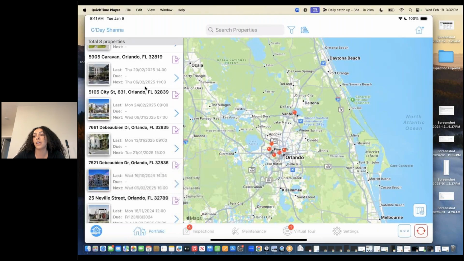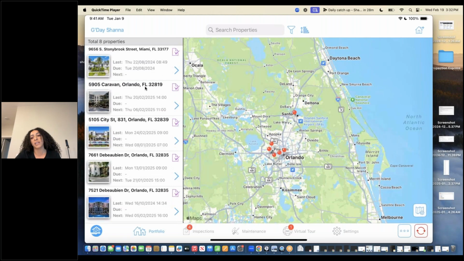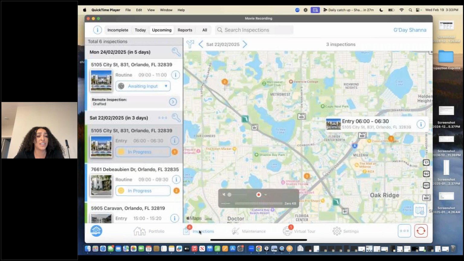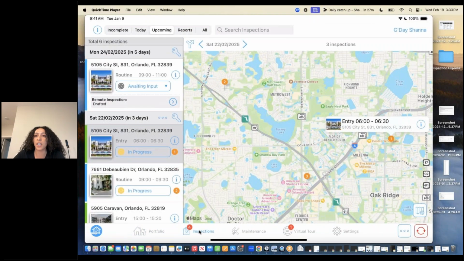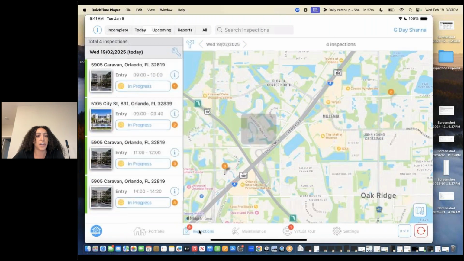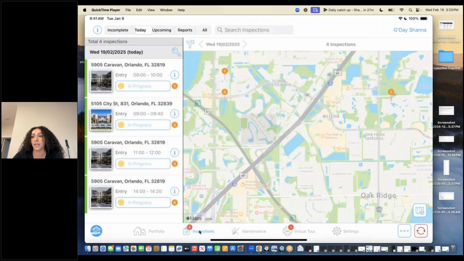Now, if you're using a property management software such as Rentvine or Rent Manager, you're actually able to schedule all of your inspections on there and they will automatically synchronize with us. And that will make me move on to my next tab, which is inspections. And this is where you would see any of your upcoming inspections, any that you have today, or any finalized